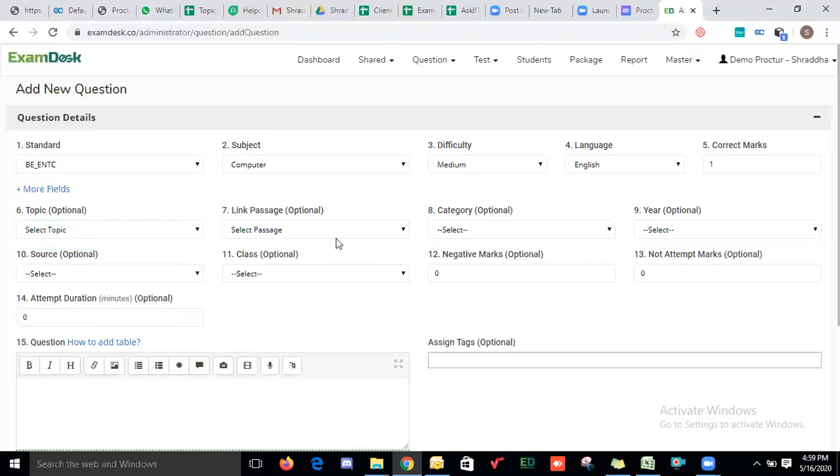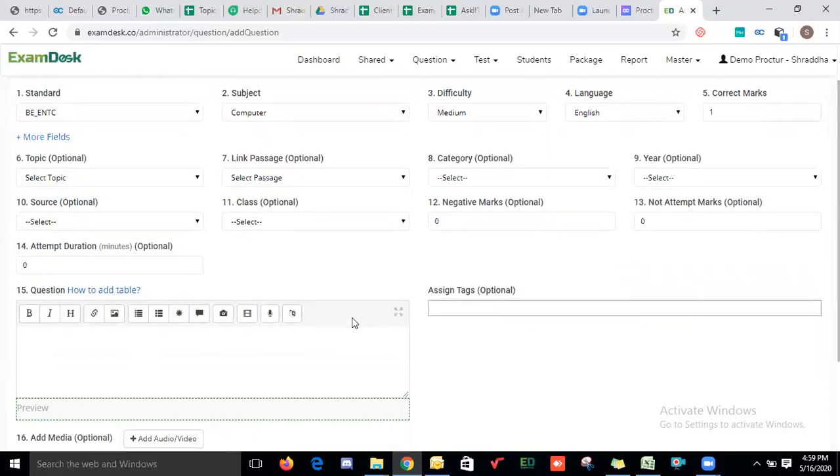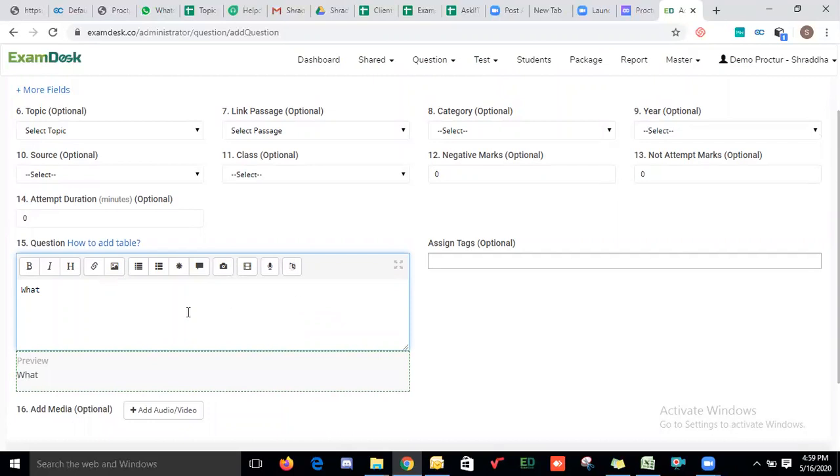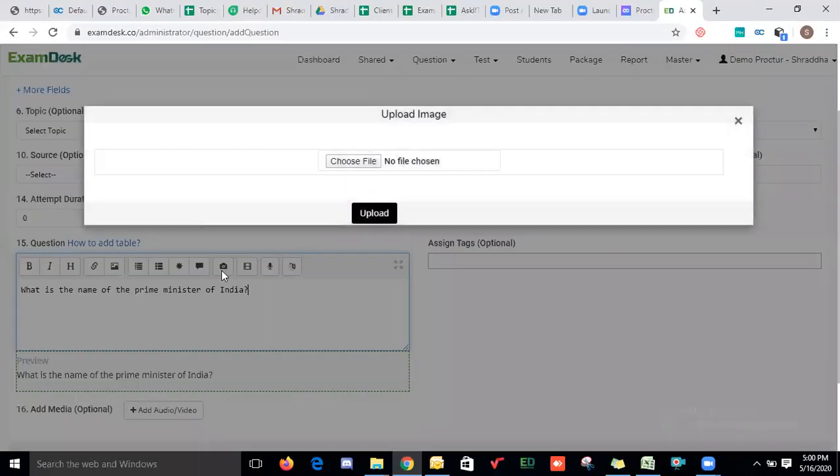Same for the passage name also. Whatever question you have, you can introduce in the question field. Along with the question, you can introduce images also.